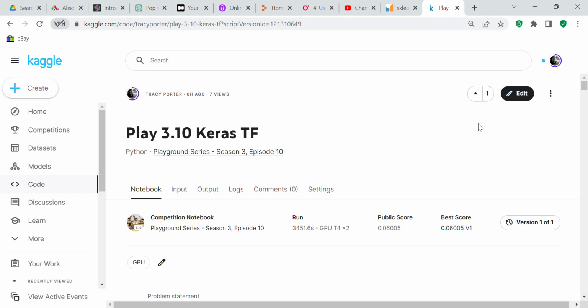So this playground series competition is about pulsars, and I got 0.06, which was about the middle of the road. There were some things I could have done to improve my score, such as employing feature selection, which I didn't. I just used all of the features. And two, maybe